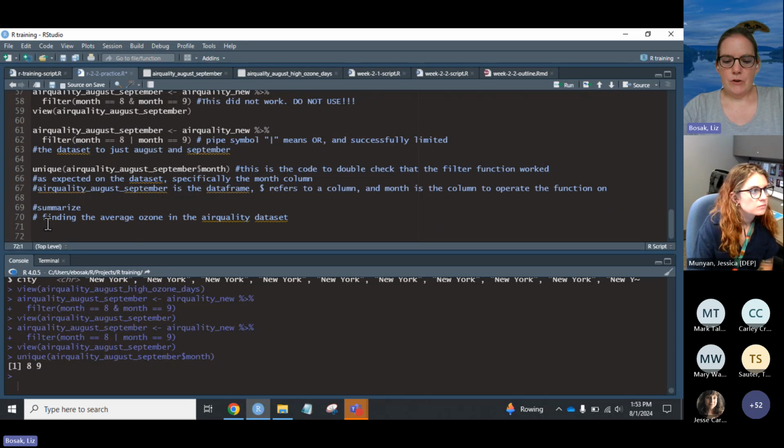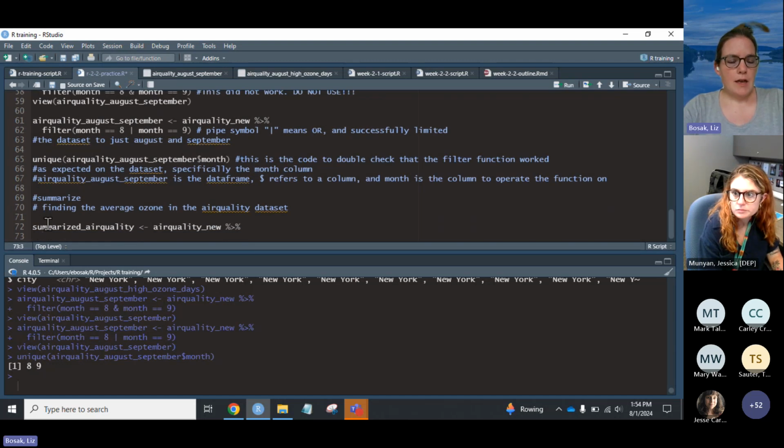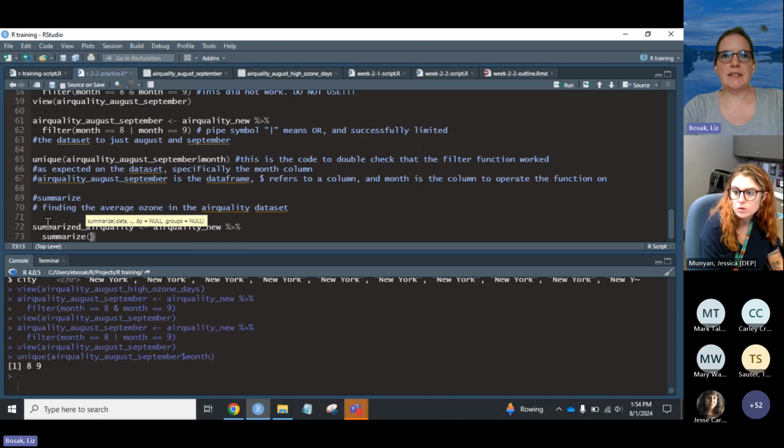Okay, so I'm going to say summarized air quality. And I'm going to use the air quality new because I know that has the clean names. And then I'm going to put in the pipe operator. Then I'm going to type in the function name for summarize,